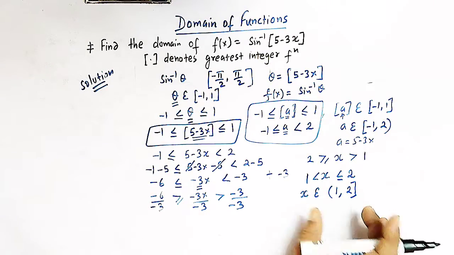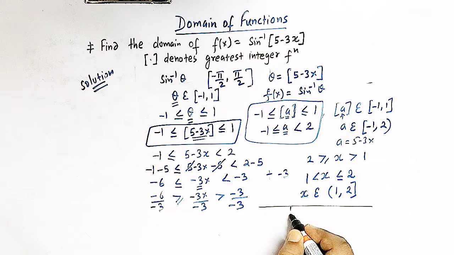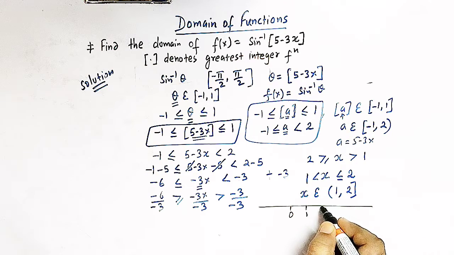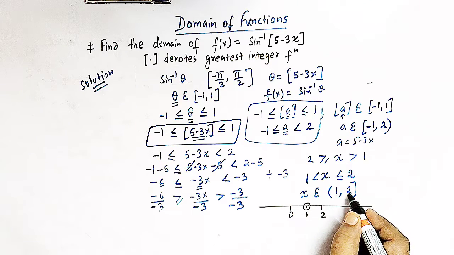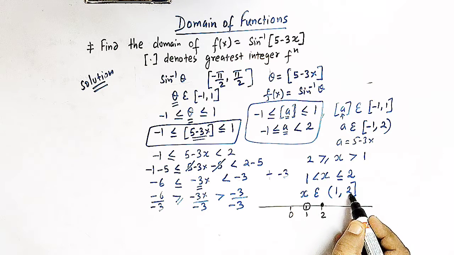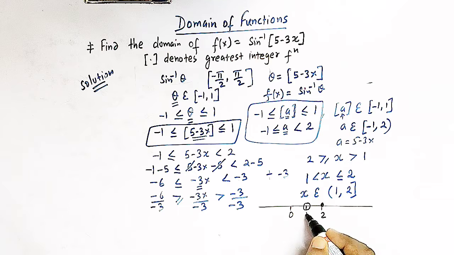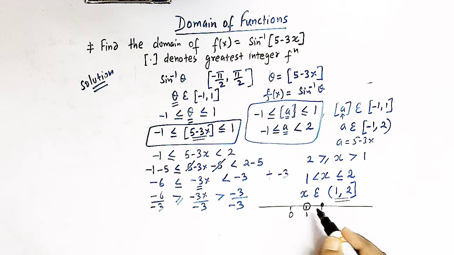So let us represent this interval on the real number line. Here we have 0, here we have 1, here we have 2. Here 1 is not included, so we can encircle it, and here 2 is included, right? So all the values of x which lie between these two endpoints, except 1 and including 2. So the domain is given by this interval, and here we can easily see that x is equal to 1